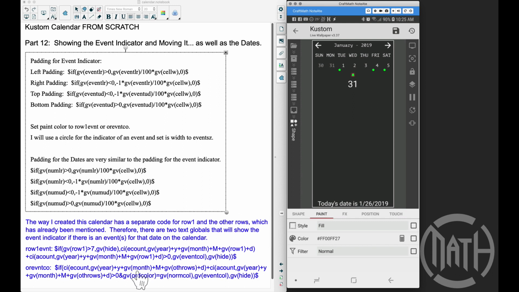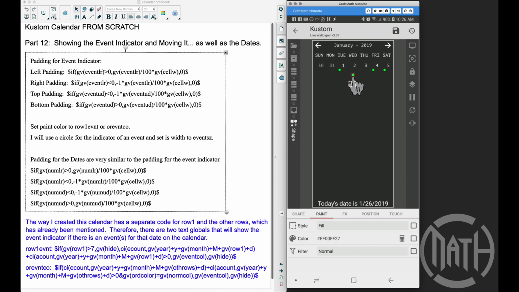So we have to have a couple of conditions. The E count and the A count have to be greater than 0. And then we have to be talking about a date of the current month that we're on. And that's the way that we can test that. So all of the dates of January are going to be this color here. Whereas when we overlap into February, now these are from December, but at the end of January, we're going to have these same colors down here somewhere probably, and those will not be the norm color. So if all these conditions are met, then we want to return the event color,